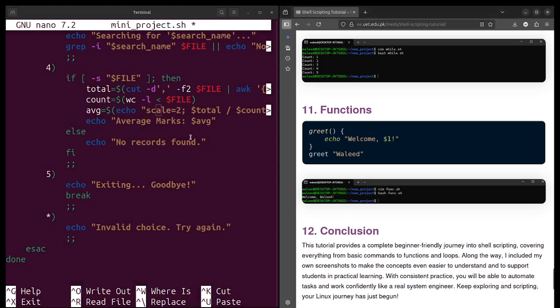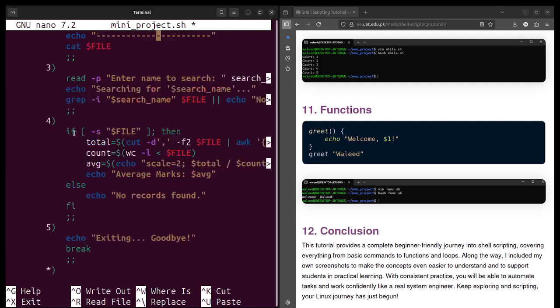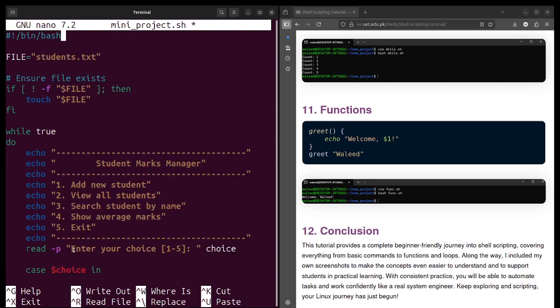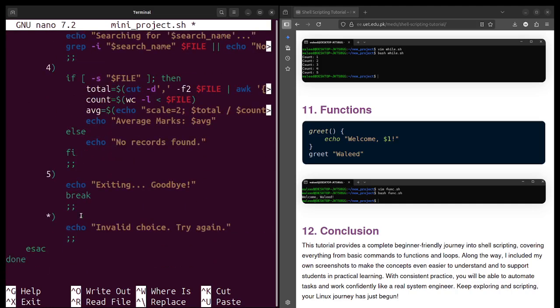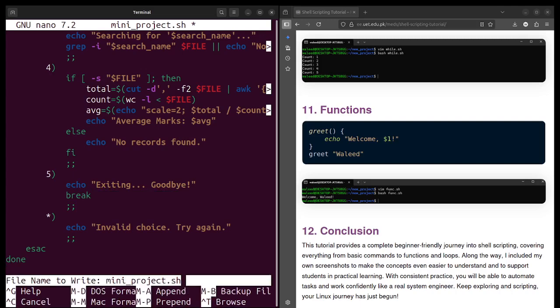So it's like an assignment for you. I am not going to explain this part. I have explained all the hints like loops, conditions, variables, functions, etc., and you have to write this for yourself. I am not showing you the complete script. And in the last, if you want to exit, you will simply use break. It is a keyword which will exit your program. So let's run it and see if it works or not.